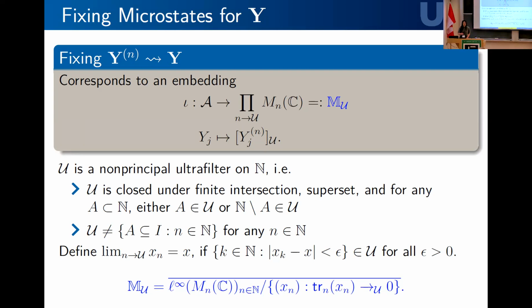So in case you're not familiar with ultrapowers, the idea is I want to make asymptotic properties exact. The construction goes as follows. This curly U is a non-principal ultrafilter on the natural numbers. This is some concept of what a big set should be. It's closed under finite intersection and superset, and for any subset of the naturals, either that set is in U or its complement is in U. Non-principal just means that it's not generated by a single element. It's not just all sets that contain 5 or something.